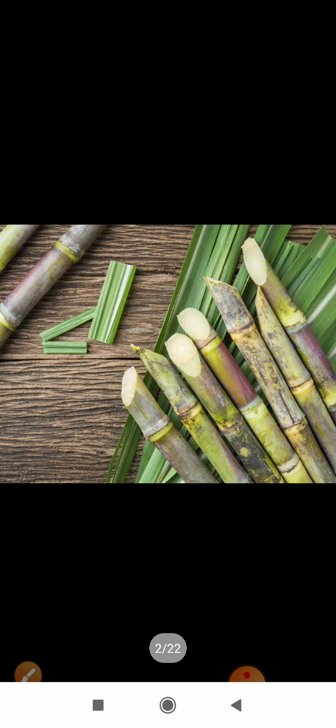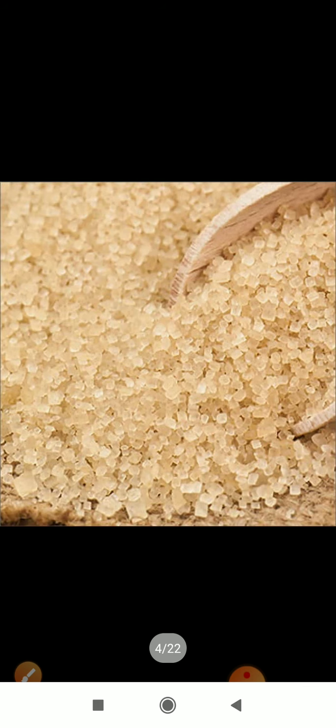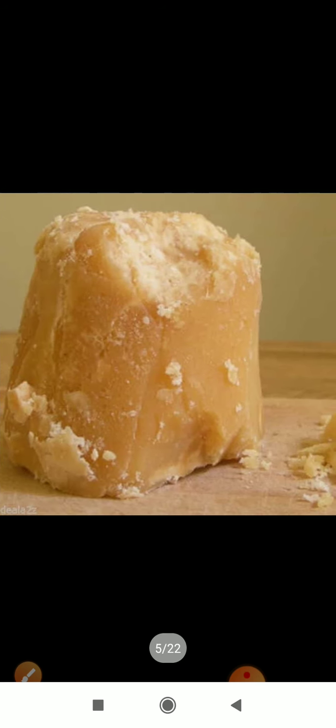In this picture, you can see sugar canes lying on the table. With the help of machines, the sugarcane juice has been extracted. Now, with the help of this juice, sugar is made, or jaggery is made out of molasses.